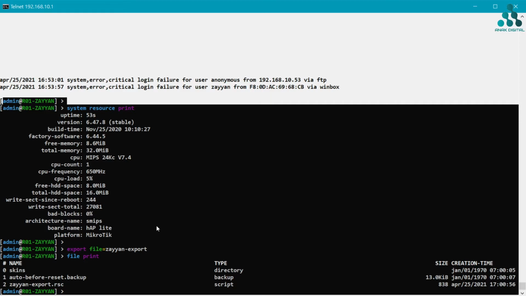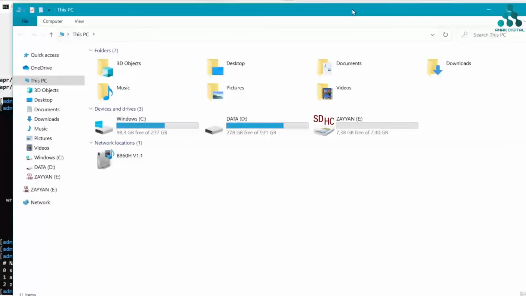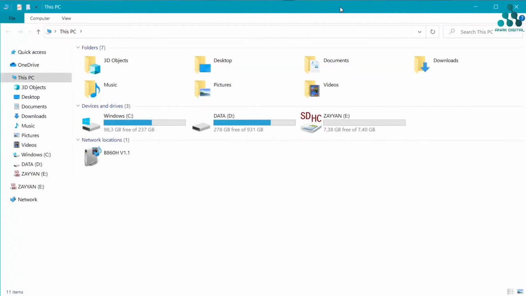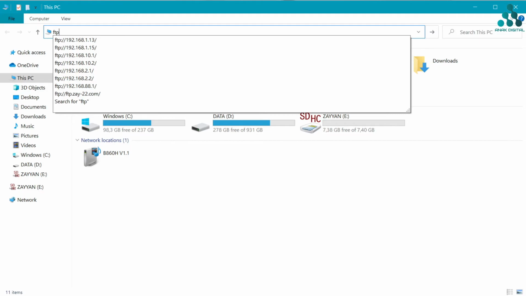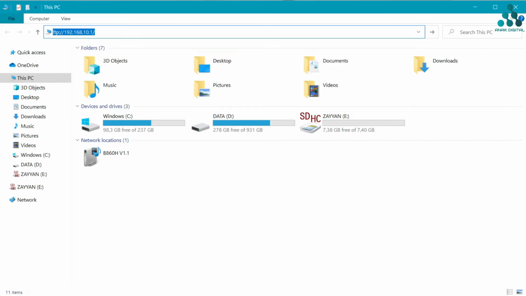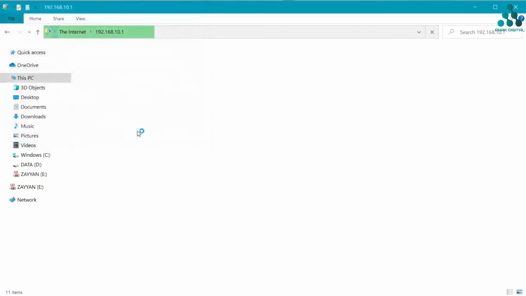And next I wanna download this file using FTP. Open FTP, okay. Log on.